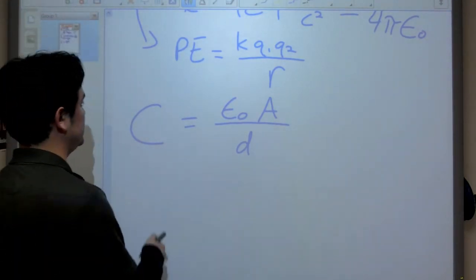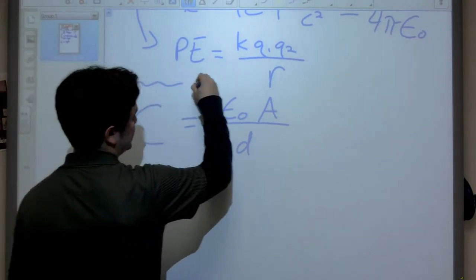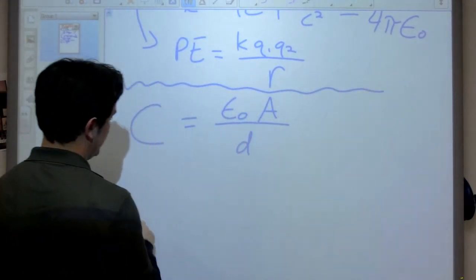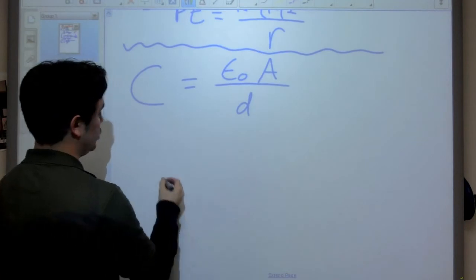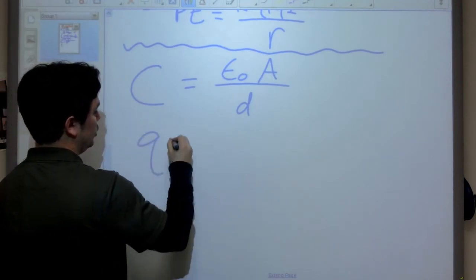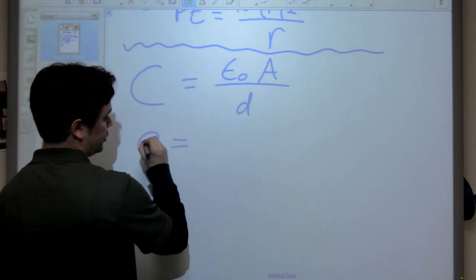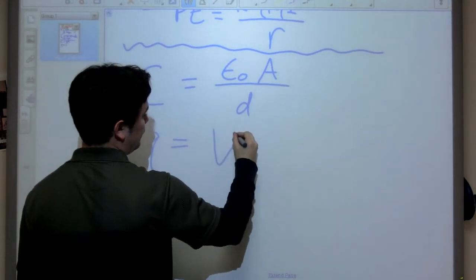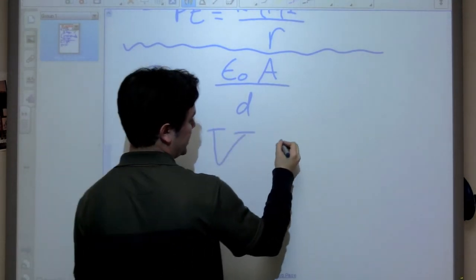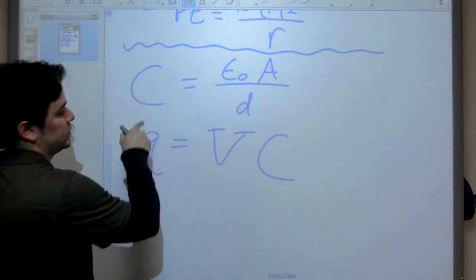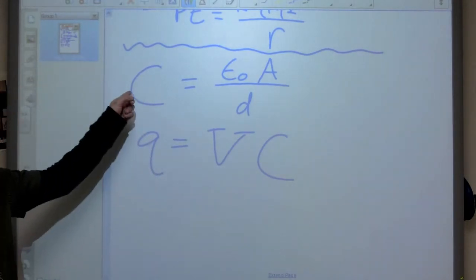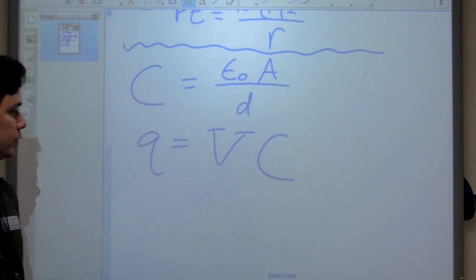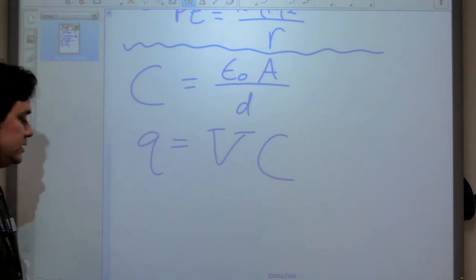Often you will use these equations, so this is where our capacitors begin. The next equation for capacitors, which is a good one, is Q, the charge on the capacitor, equals V, our voltage across the capacitor, times C, our capacitance. If you're dealing with a parallel plate capacitor, this is your capacitance. Okay? So an easy way to remember this is